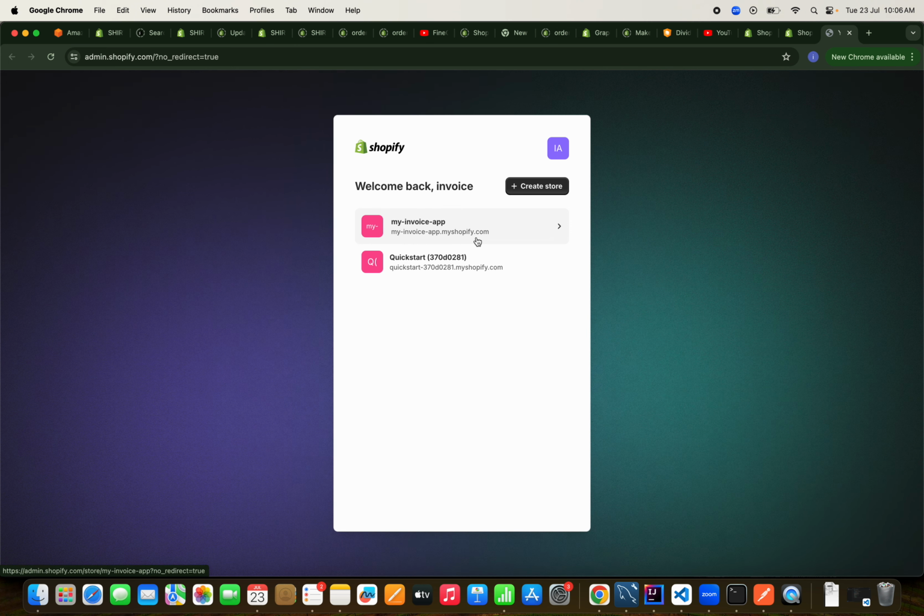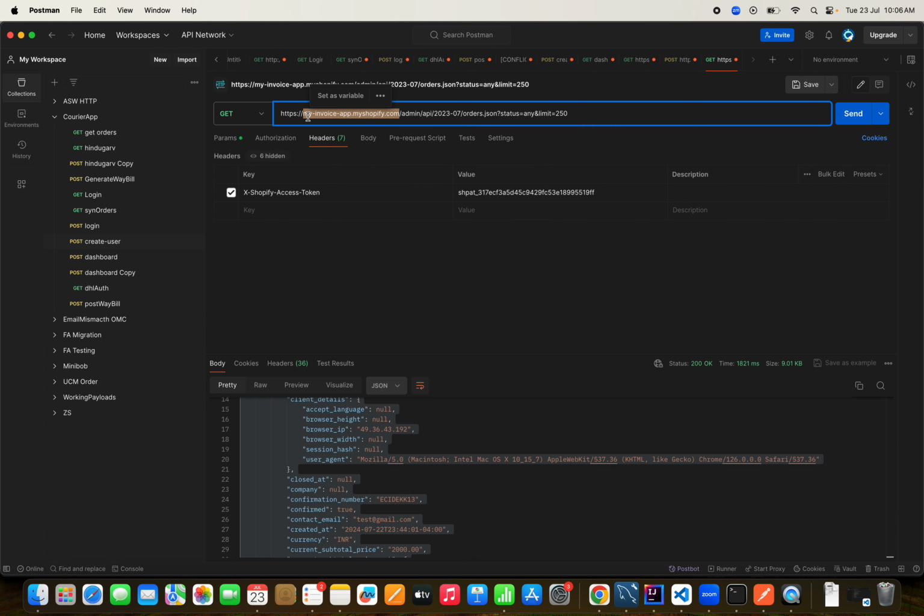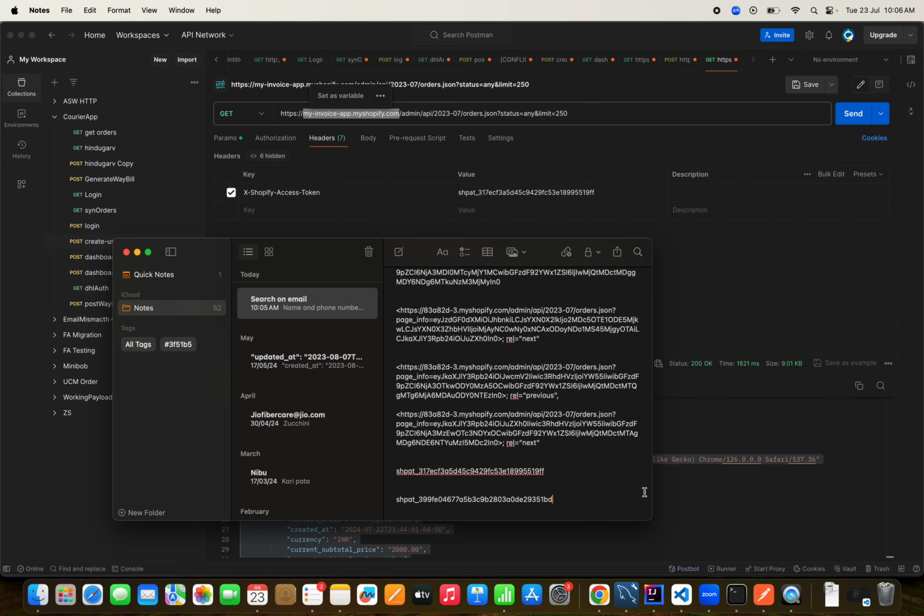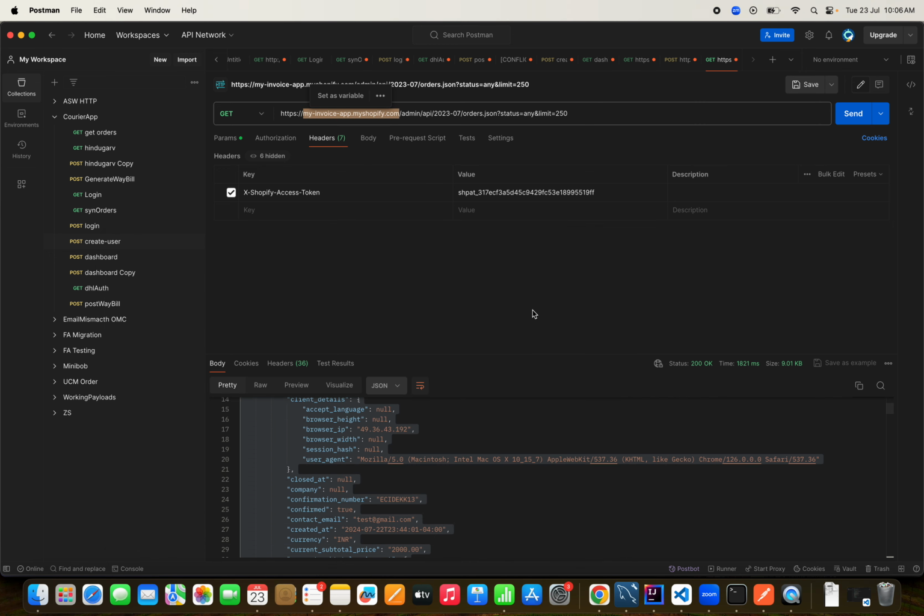That is the name for my store. So that's what I have written here, and I just add https colon this, and that's it, right? And if you remember, we had this token that we are trying to access. If I copy paste it here, you just have to add it in a header with X-Shopify-Access-Token. And once I click on send,